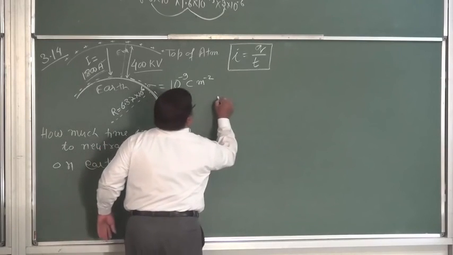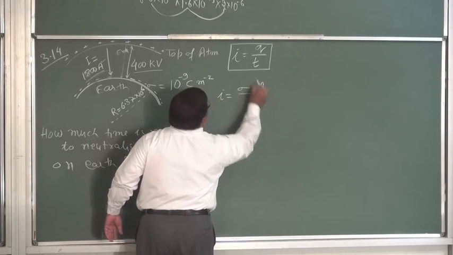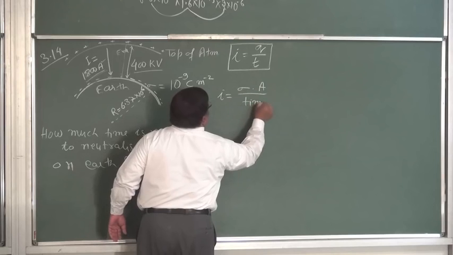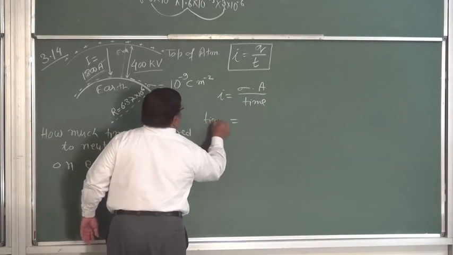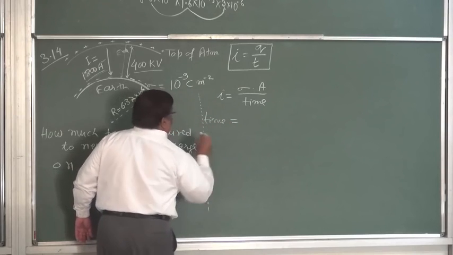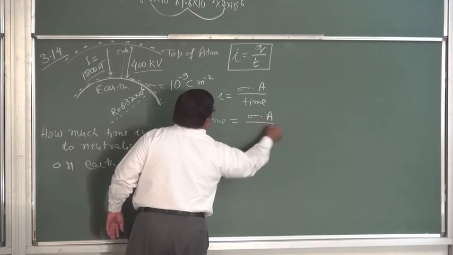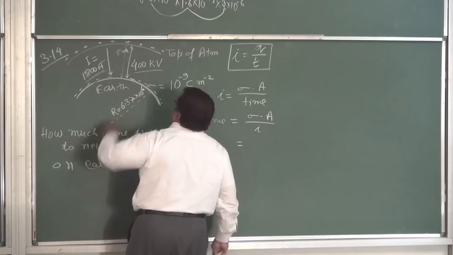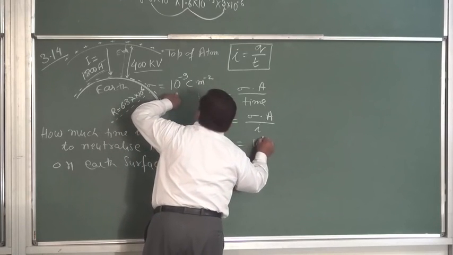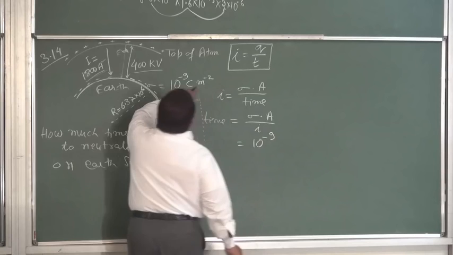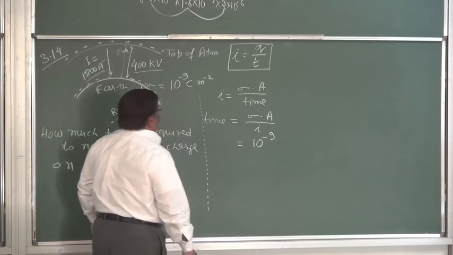So this we can write as I is equal to sigma into area upon time. Okay, so how much is time equal to? Time is equal to sigma into area upon current, and here is the sigma, 10 to the power minus 9. This is coulomb per meter square. Already in SI system we don't have to do any change. Area